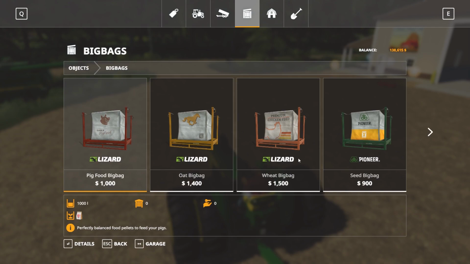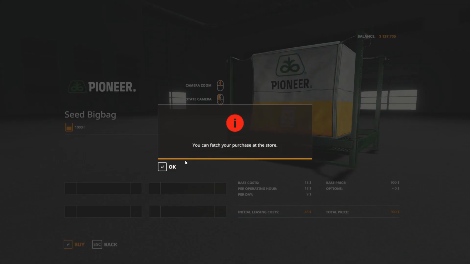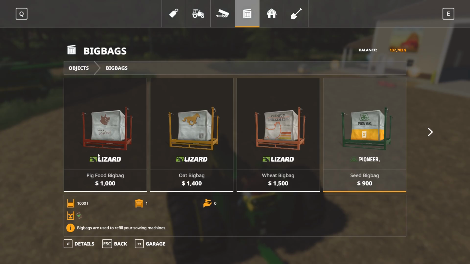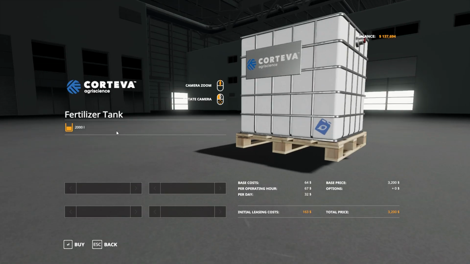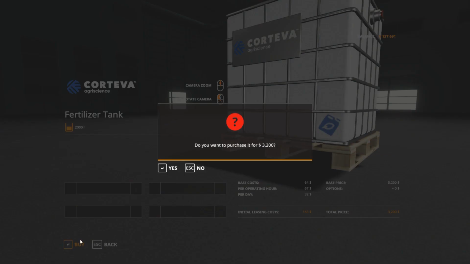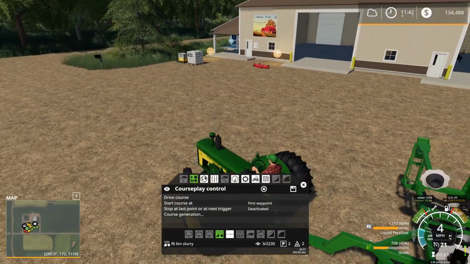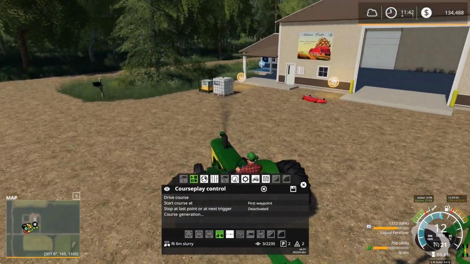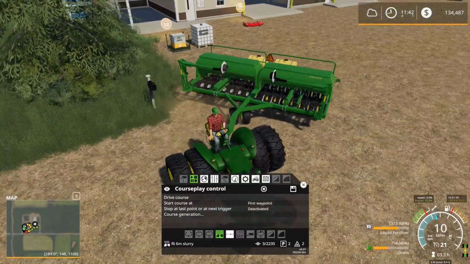So, anyway, seed bag. Oh, that's right, there are pallets, aren't there? Well, okay, we got a bag now. And then we need... let's see, what's your fertilizer tank? Because this one apparently takes liquid fertilizer for some reason. I guess, oh yeah, it does actually have tanks on the back, doesn't it? Should be able to take both, or technically pellet fertilizer, solid fertilizer as well, I would think, but...